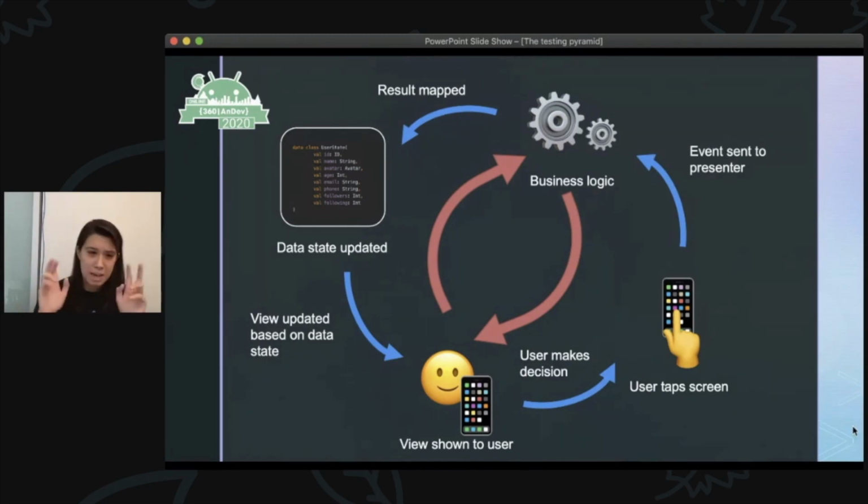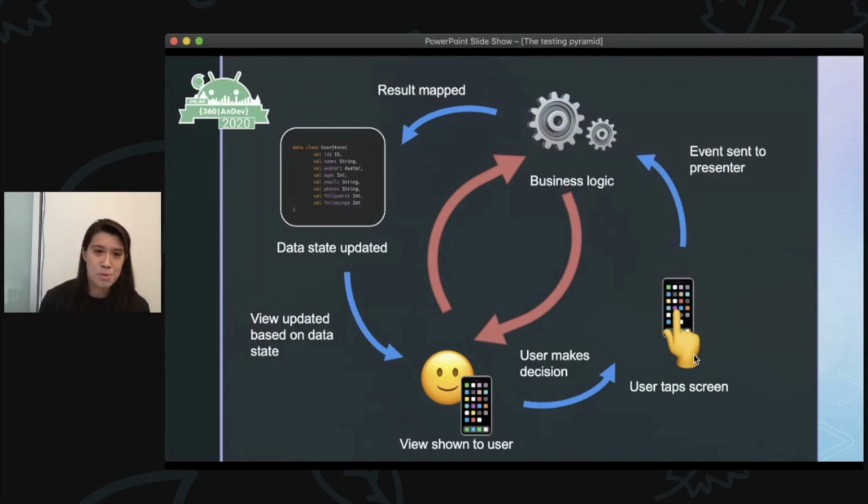Nor is the presenter calling the view directly to make a stateful change. There are sort of exceptions to this, something called view effects or view events that aren't stateful. Things like showing a snack bar or a toast. The general rule of thumb is if you rotate the phone, should you see that event again? If yes, then it should be in the state. If no, then it should be just a view effect.